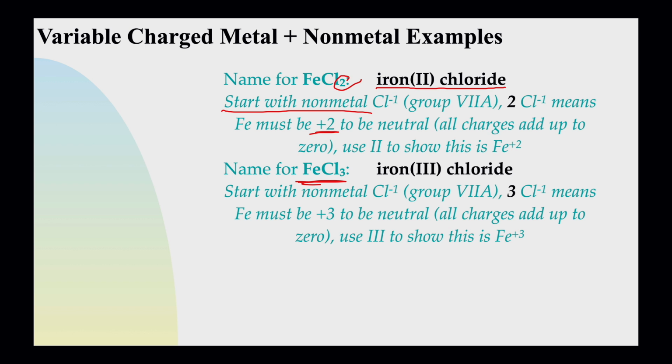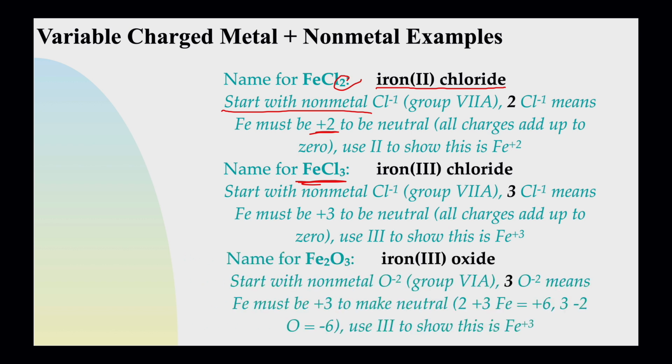So that way, if I said to you, hey, go get me some iron chloride, you'd go back to the stockroom and you'd be like, what the? There's different combinations, right? But if I said iron 3 chloride, you know that I meant FeCl3. Iron 2 chloride, of course, would be FeCl2. Here's another one,